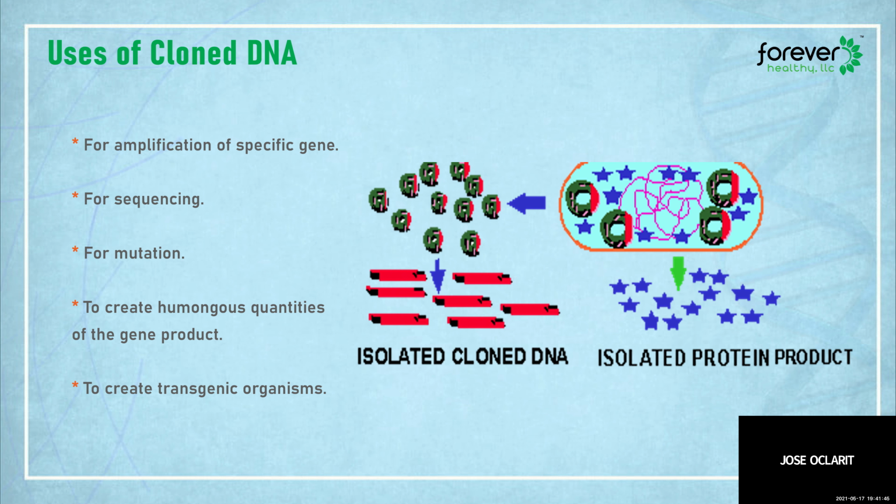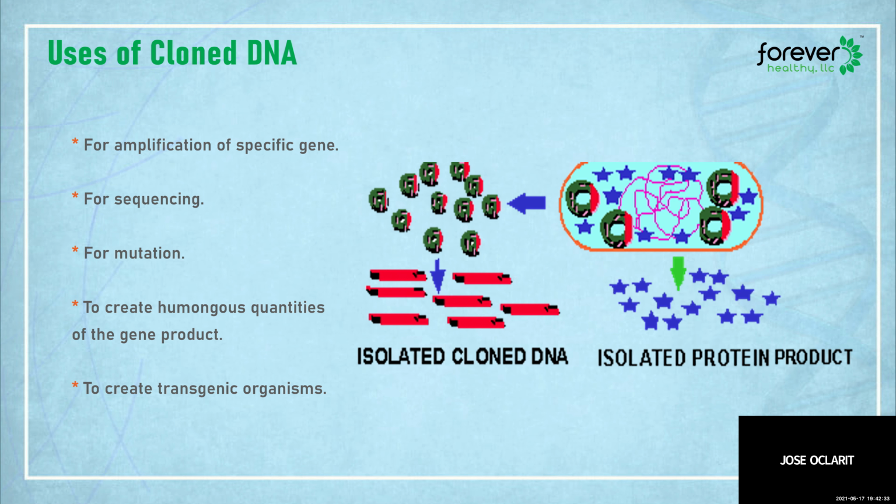Nowadays, you don't need to kill an animal or harvest the pancreas of the carabao, because what can be done now is you get the gene of the insulin from human, you insert it into the plasmid, you restore the plasmid to the bacteria, and you grow the bacteria, and you will have the product. The product is insulin. So nowadays, the one that is sold in the market is no longer the insulin coming from animals, but human insulin produced by bacteria through genetic engineering. The insulin gene can now be inserted into the bacteria and let the bacteria produce the product.